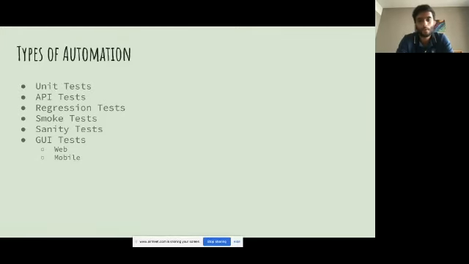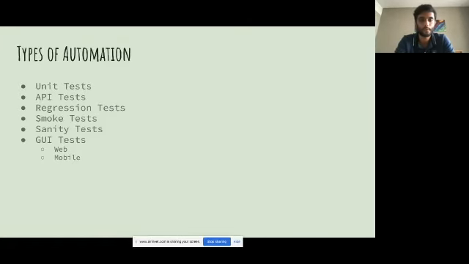Then you have your smoke automation test, basically your core functionality, I would say. In most companies, regression tests are usually longer ones. So that's why your smoke and sanity comes into the picture whenever there are minor changes. So you will have your sanity test as well. They are kind of interrelated, you could say. Smoke and sanity is just that we use it in a different context.